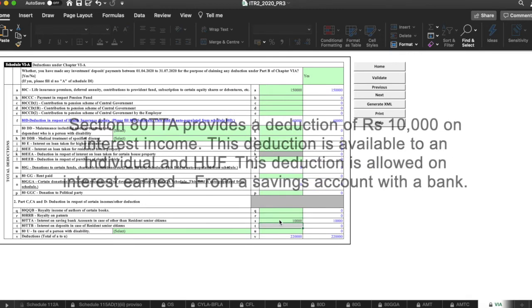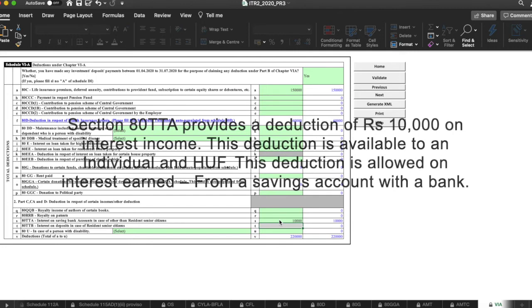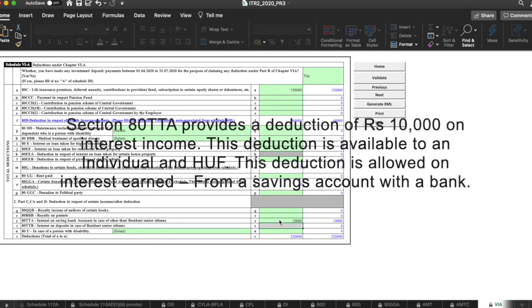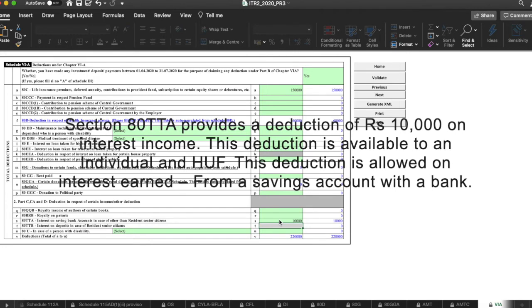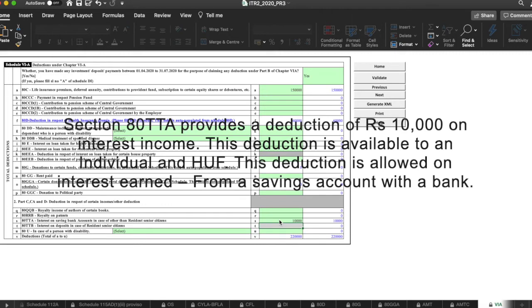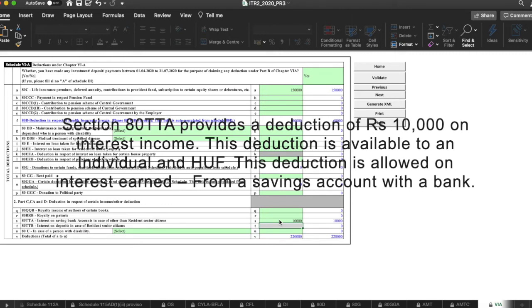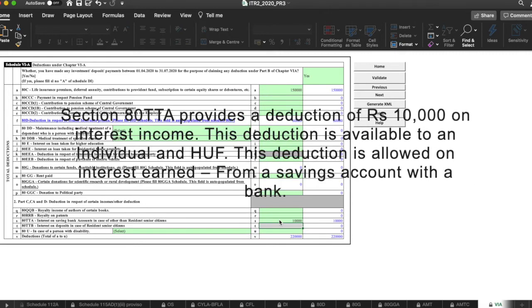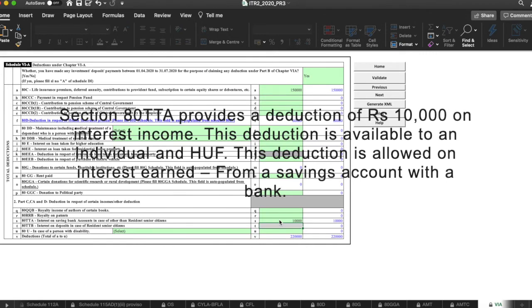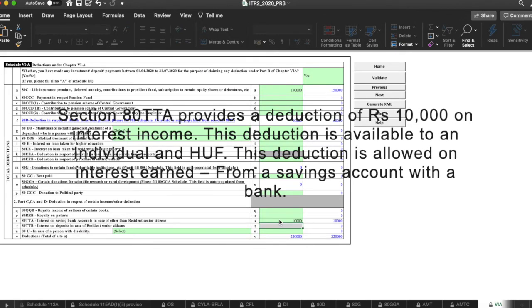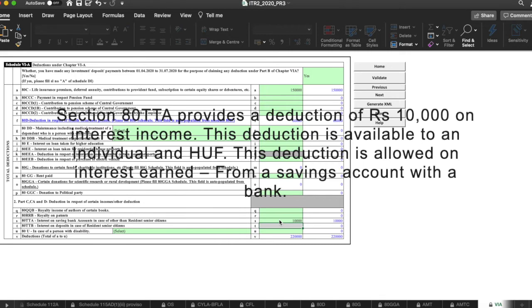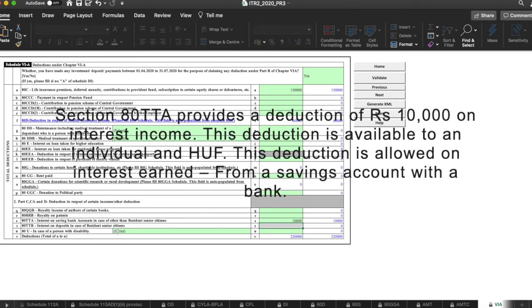Even if you put more than that, the utility will take only 10,000. But if you have got only 8,000 from the savings bank interest, then you have to put only 8,000. Otherwise, it is a wrong value if you put 10,000 when you got 8,000 as interest.